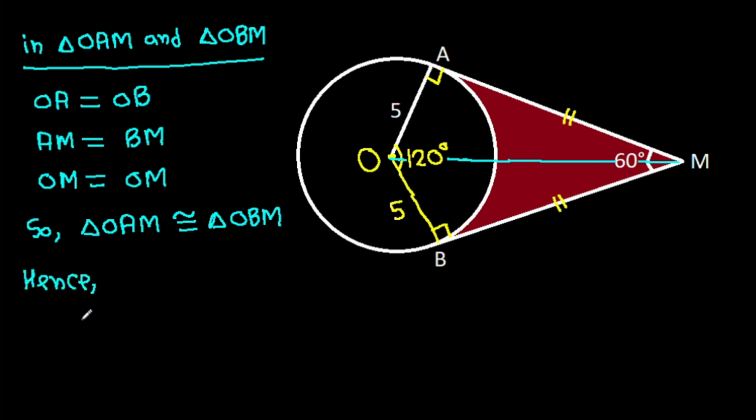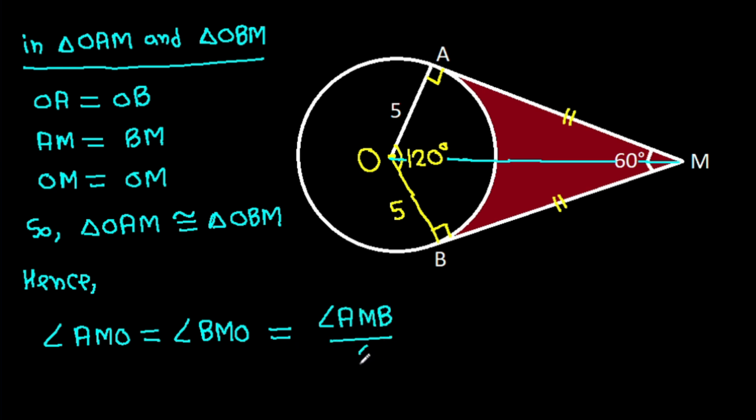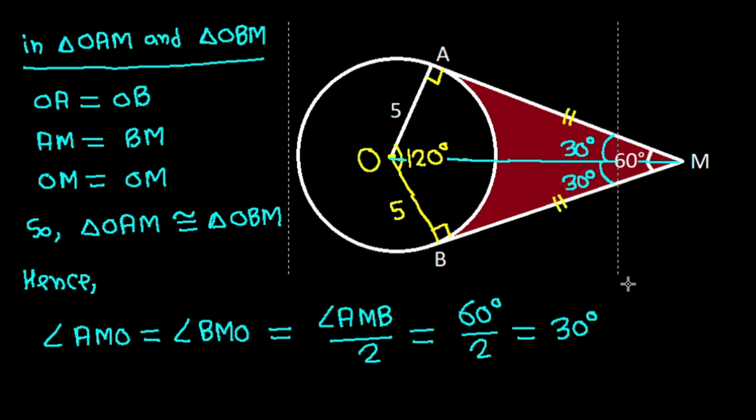Hence angle AMO will be equal to angle BMO, that will be angle AMB over 2, and it is 60 degrees over 2, that will be 30 degrees. So this angle is 30 degrees, and this angle is 30 degrees,